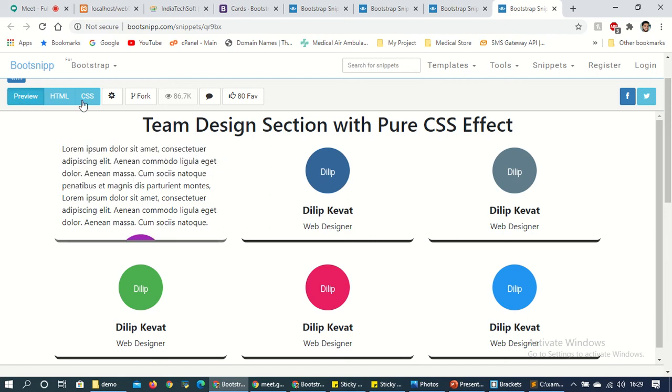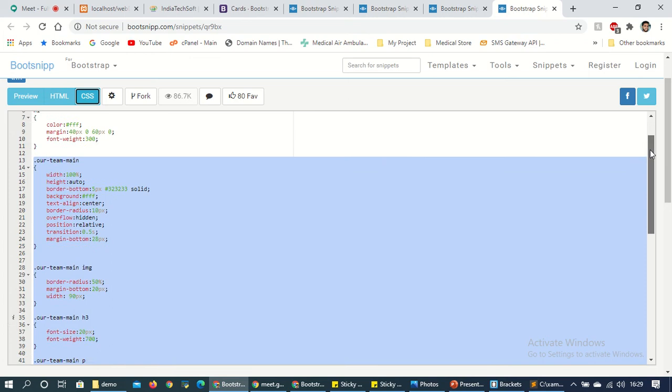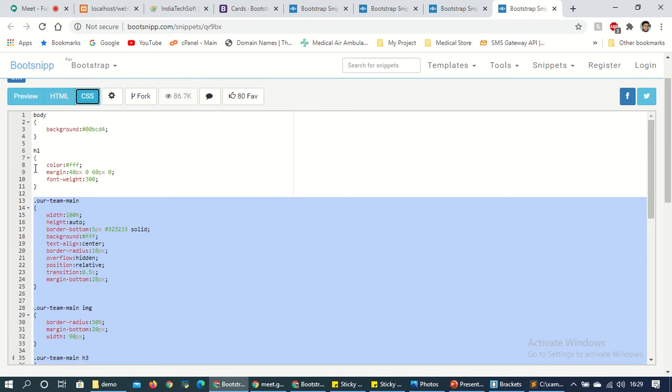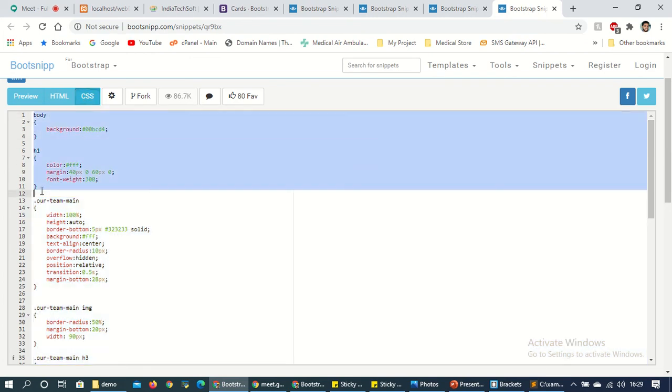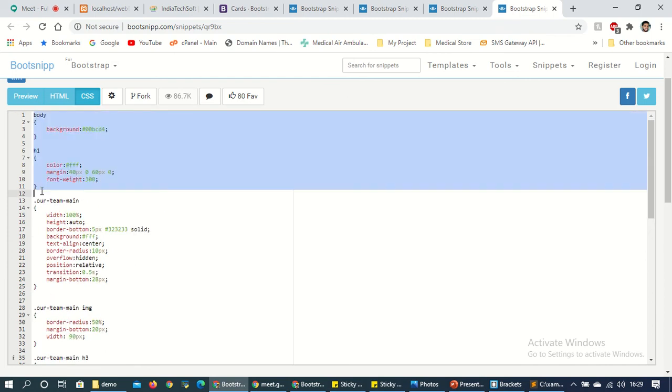Okay, now see the font. Because I want to copy, I have copied this H1 and this body. If I copy it, the body background will change. Now let's see.